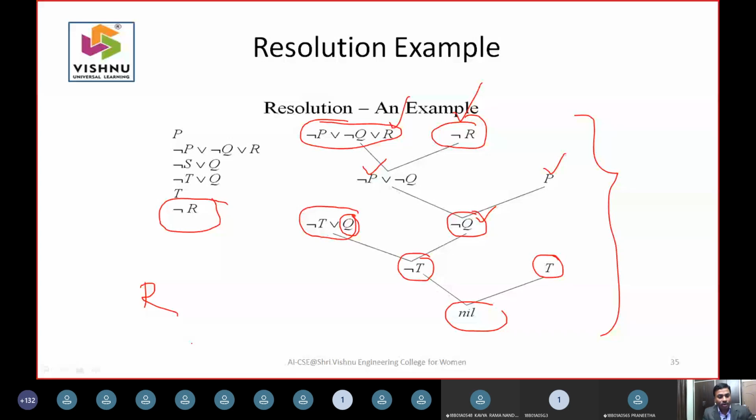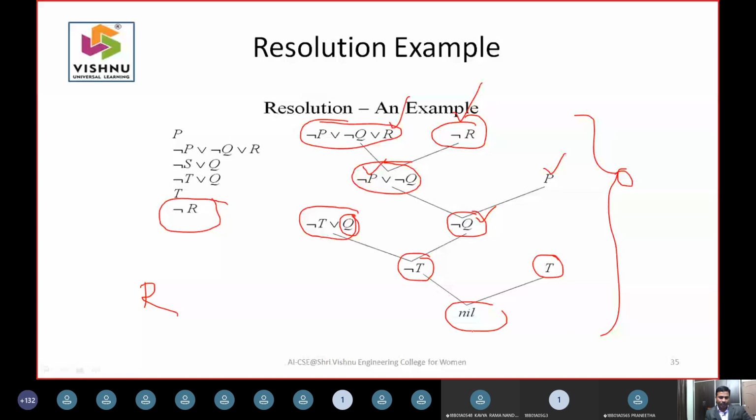So the outcome of this entire lecture is very simple. My outcome of this lecture is this part: how does your resolution algorithm work? This is the only outcome of this particular presentation. So this is how your resolution algorithm will look. It will take two statements and you get an output statement. Whenever you are outputting, you are doing some resolution. This is R, negation of R, it will go. And negation of P and P are going, and you are getting a resultant value of negation of Q, and this is going. You are getting a negation of T, and T is already there, that was given, so you will get a